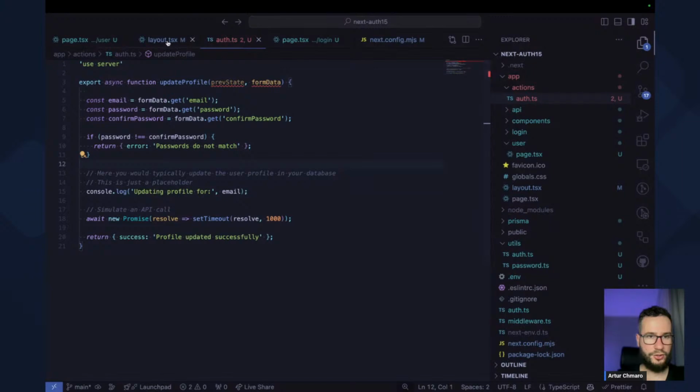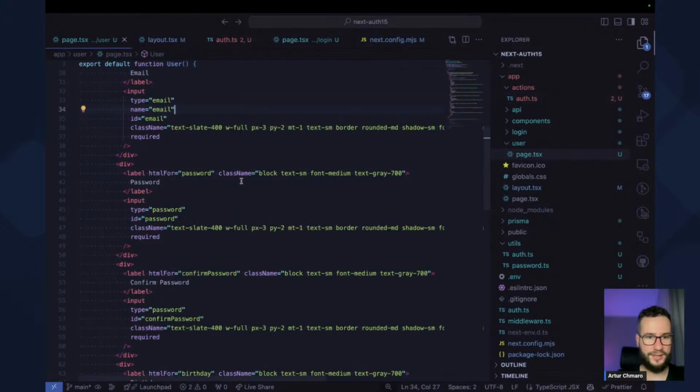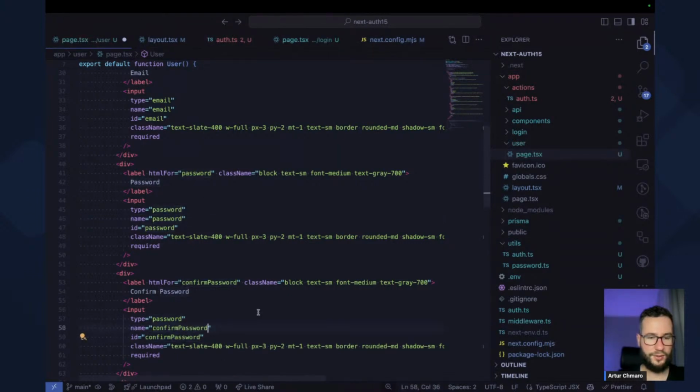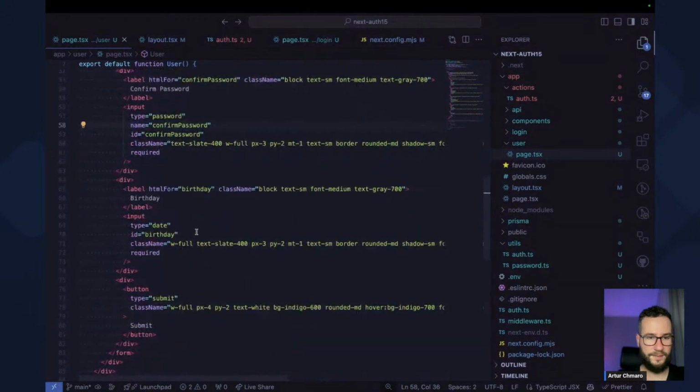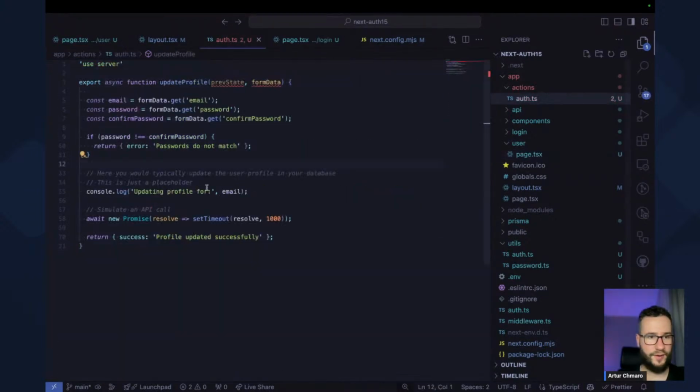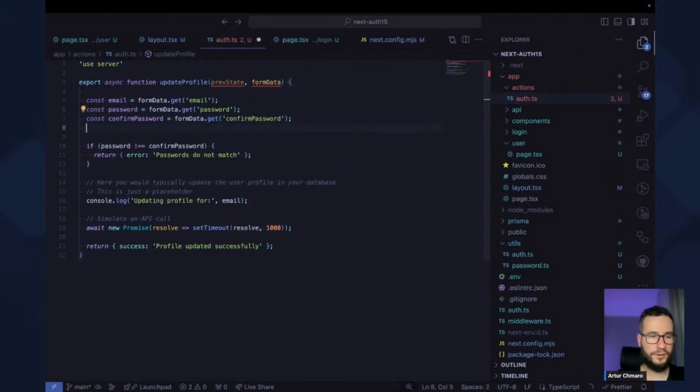So I will make sure that we are passing the password as well. So I will provide the password here. Then we can have the confirm password and birthday. So it's going to be name birthday. I will save it, and then inside our server action we can also add const birthday, and maybe we can actually